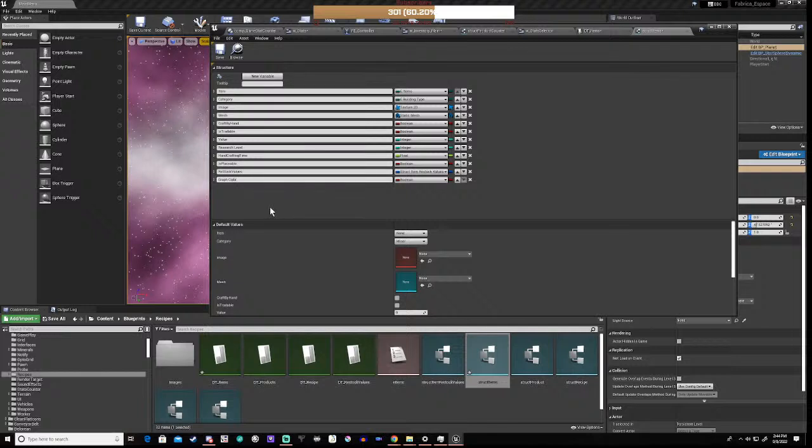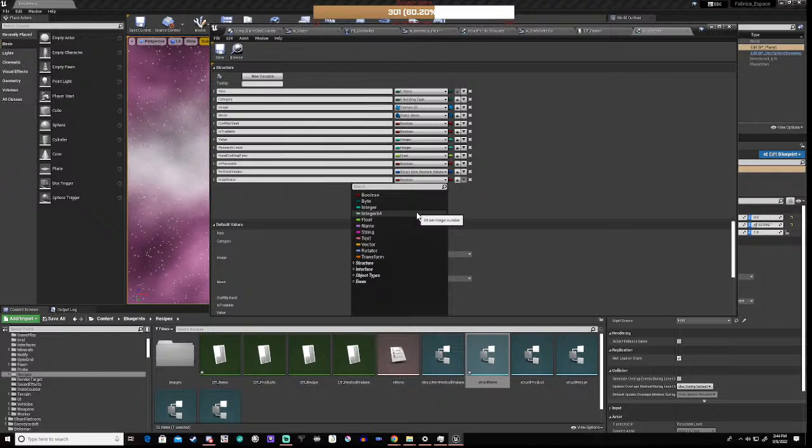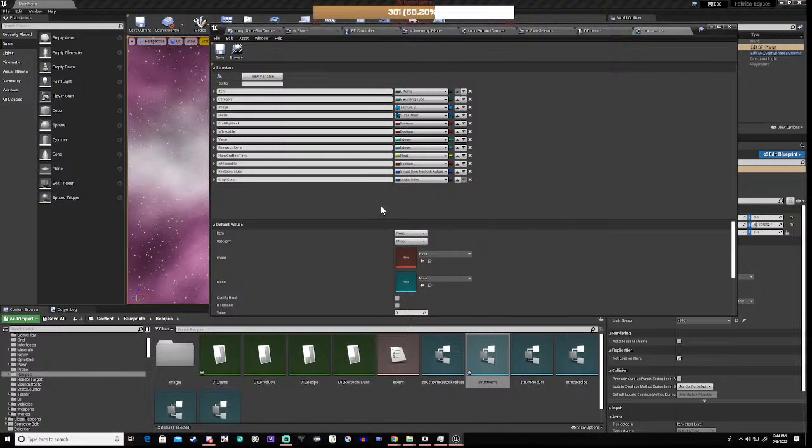Okay, graph color, and that is going to be a linear color. Okay,